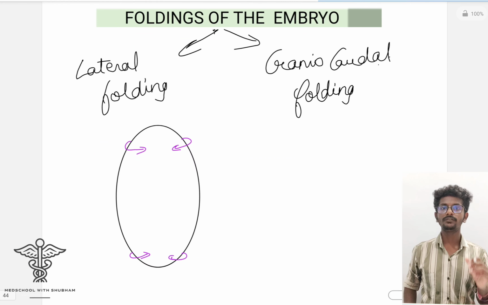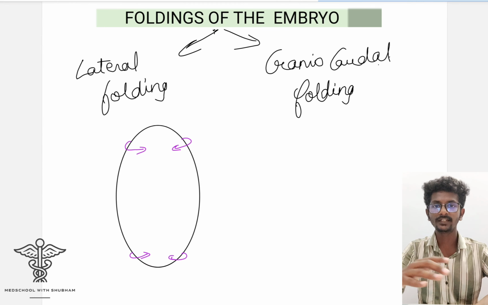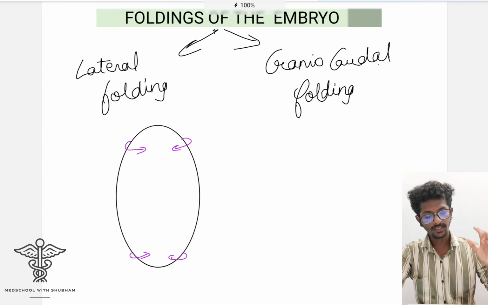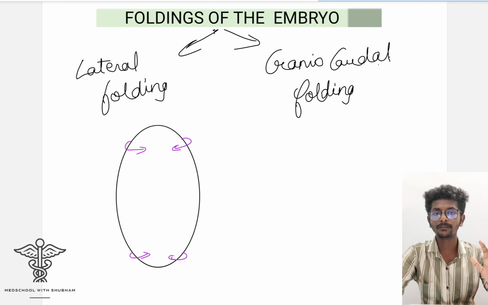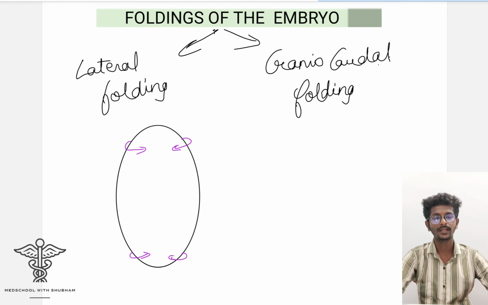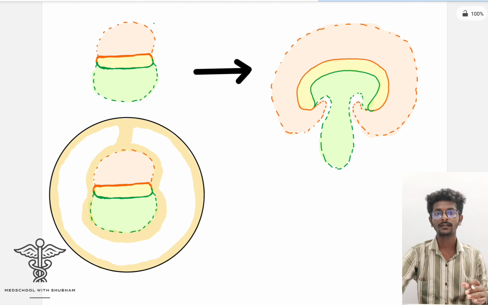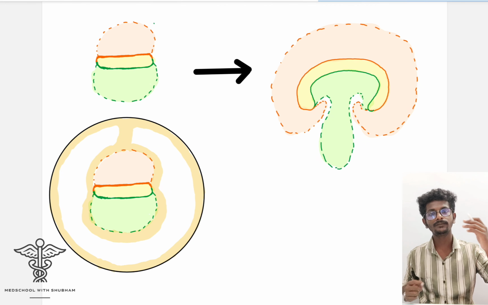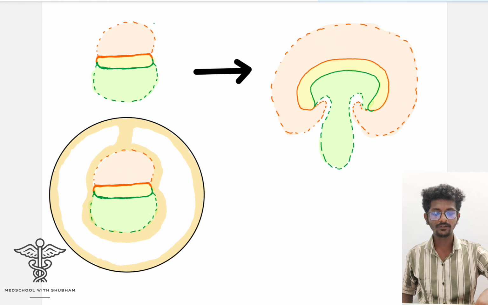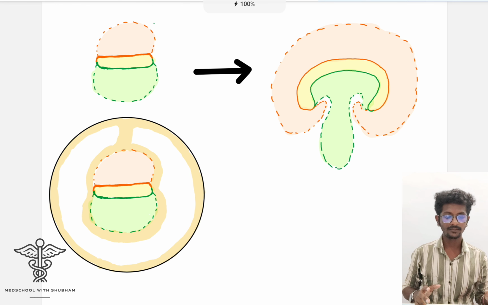So this was all about the foldings of the embryo. I hope you have understood all the concepts regarding the foldings of the embryo. These foldings of the embryo are very important. This concept is very important in the gastrointestinal tract embryology. I will take just a short revision at that time, but this is very necessary for you to learn now, both from the conceptual point of view and the exam point of view. Exam point of view a bit less, but conceptual point of view you have to learn all these things,